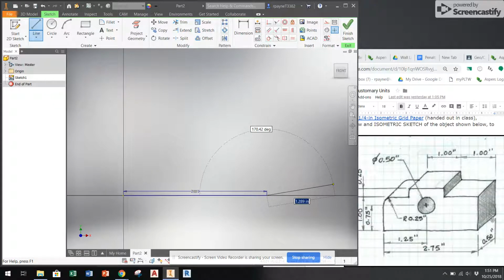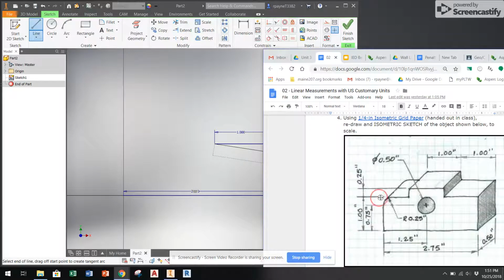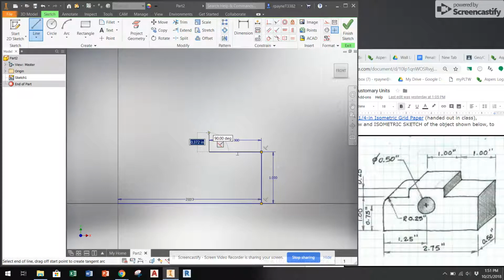and now I need to go up here so I can see that this extension line goes in line there, so it's a height of 1 inch. So put my mouse vertical, see 90 degrees, type in 1, enter. And then back here, this edge is exactly 1. So go horizontal to the left and type in 1, enter. Then it's up. And you can see right here that it is up 0.25 inches. So I go up and type in 0.25, enter, then horizontally across again, 1,